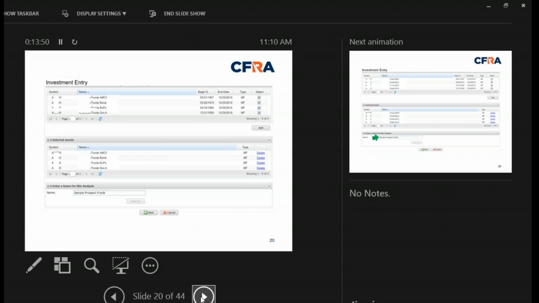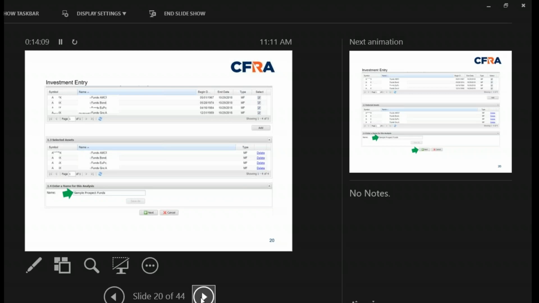You can then name this proposal in section 1.4 at the very bottom. In this particular instance, we did sample prospect funds. The naming convention for this is illustration N+1. So if this illustration had originally been illustration 10, the very next one would be defaulted to illustration 11.